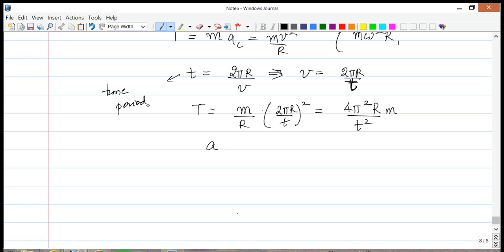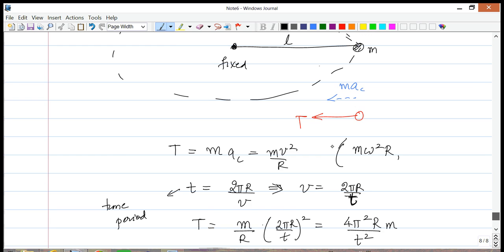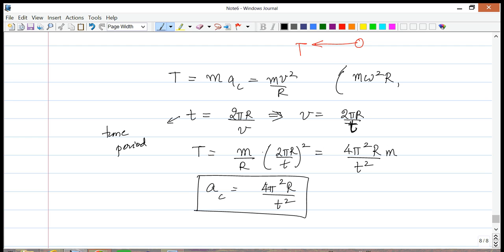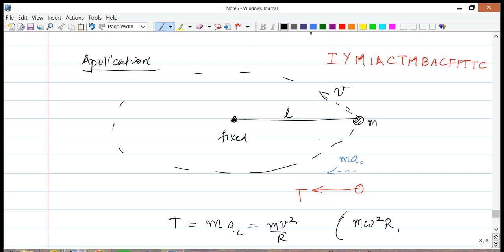And just to give another expression for the acceleration, the centripetal acceleration is 4 pi squared r over T squared. Keep this in mind as well, something that we'll use a lot. Great, this is a simple application. Remember, if you're moving in a circle, there must be a centripetal force. That's the bottom line. In each of these applications, we'll ask, what is providing the centripetal force? In this case, it happens to be the tension in the string. In some other case, it could be friction or gravity or whatever it may be.